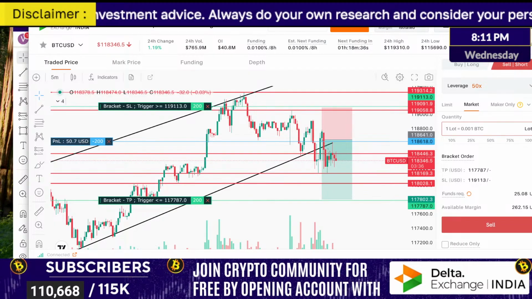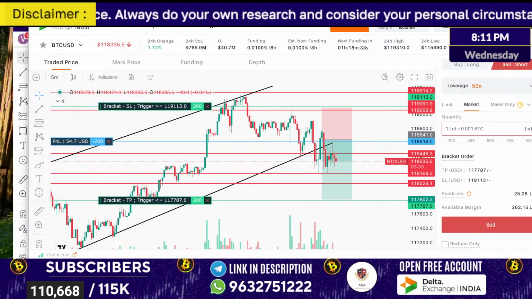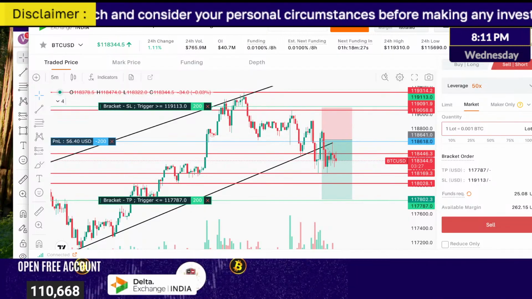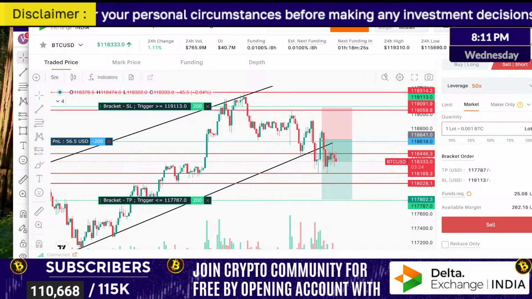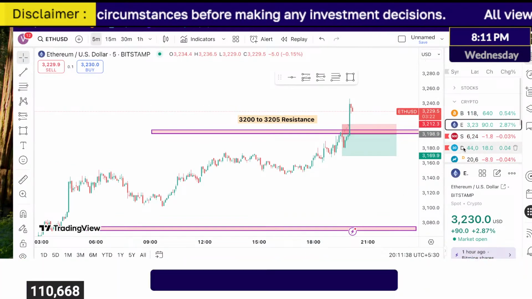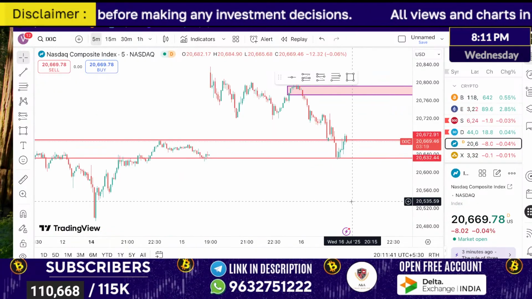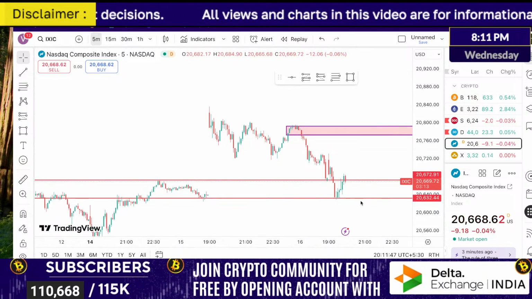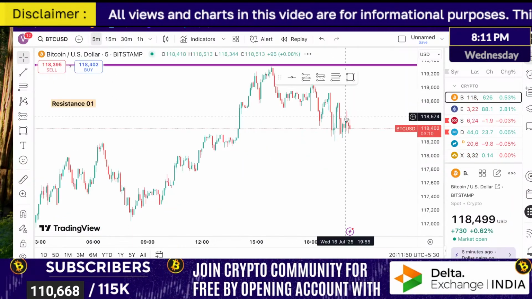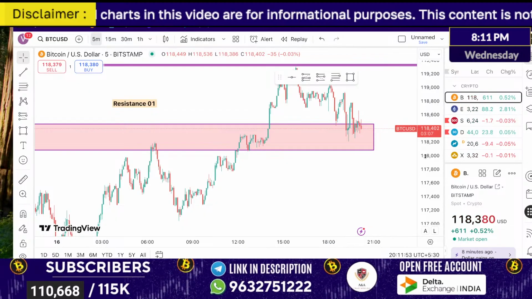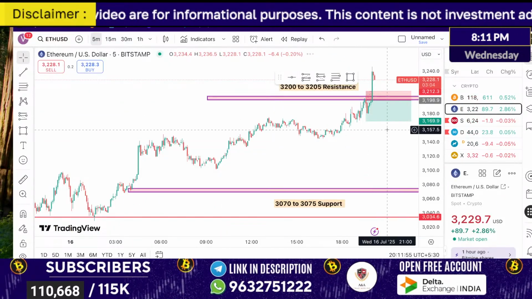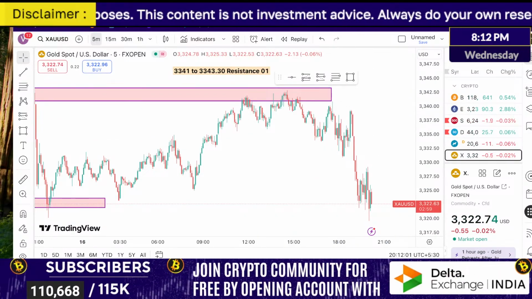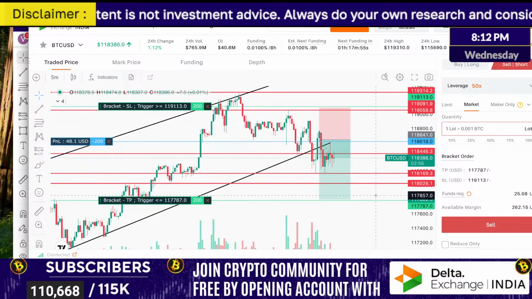In other indices, there is nothing. Dow Jones though has little potential to move towards the downside, and S&P 500 has too. Nasdaq though, proper reversal from the support zone. So when we get opportunities at these kinds of support and resistance levels, it is very great. For example, in this resistance zone, if you had planned the entry, it would have been good. Yes, Ethereum though, a little stop loss hunting would have happened, but in other indices near the resistance zone, when you get the entry, things will be a bit smoother.